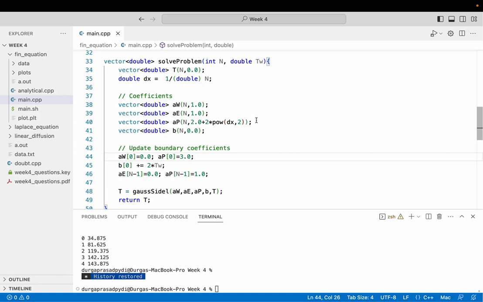On the left boundary you have a Dirichlet condition, so you will essentially be having two terms: a 1 value coming from the east face plus a contribution of 2 coming from the west face, and then you also have